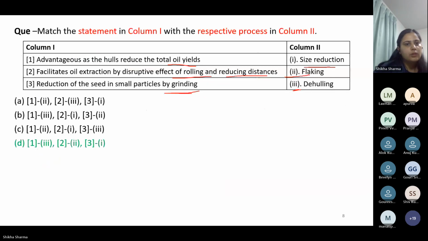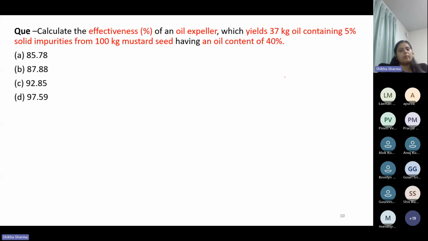So it's clear to everyone. We are moving to next question. This is about the Yes, ma'am. numerical. Yes, ma'am. Yes, so please uh, sit with your one paper and one pen so that we can solve